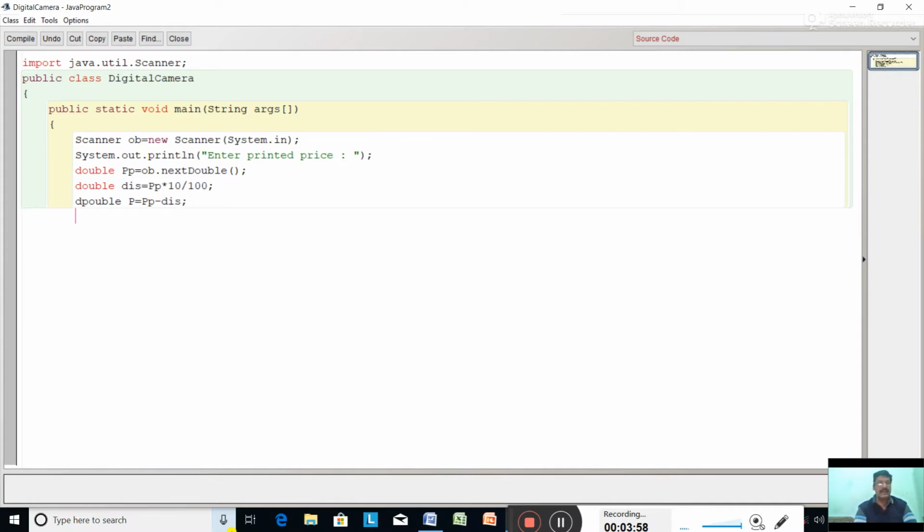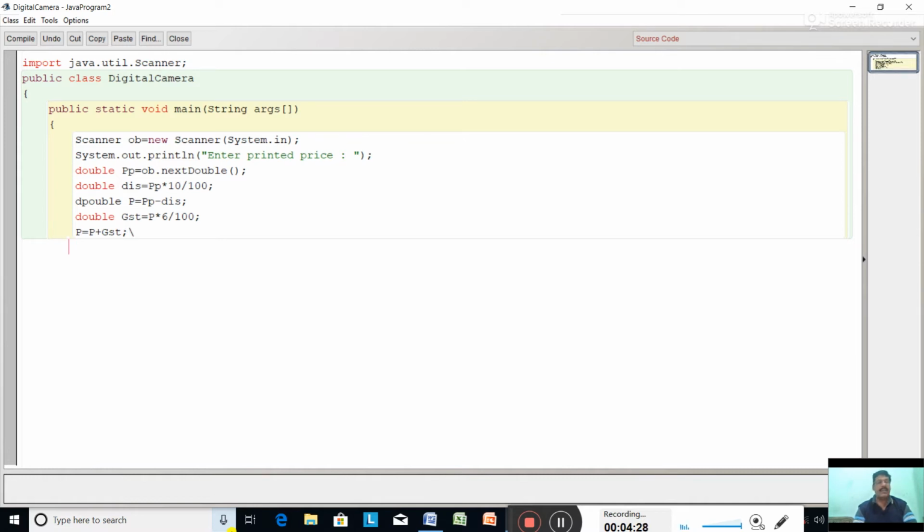Now find out the GST. GST is 6% on the remaining amount. So GST is how many percent? 6% on the remaining amount. So p into 6 by 100. So we have calculated the GST. Now add this GST to the remaining amount, and that will be the new price to be paid to the shopkeeper. The p plus GST.